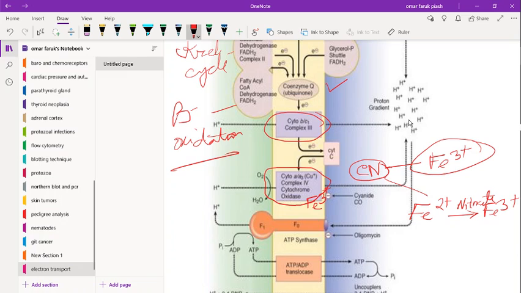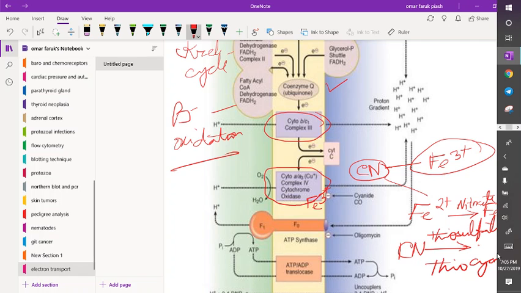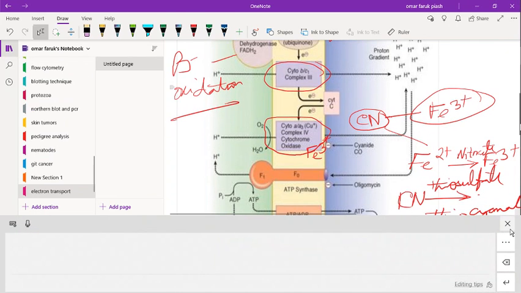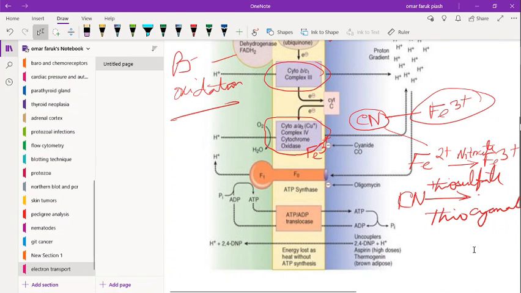You can offer thiosulfate. What happens in cyanide poisoning? If you give thiosulfate, it converts cyanide to thiocyanate. And you can give vitamin B12. Vitamin B12 also binds with cyanide. Okay, now